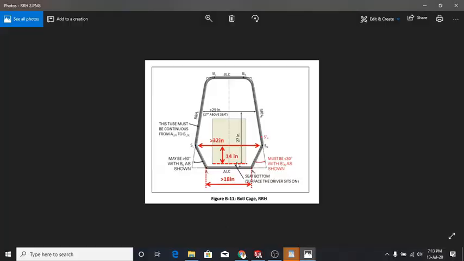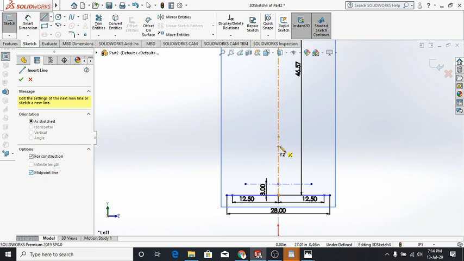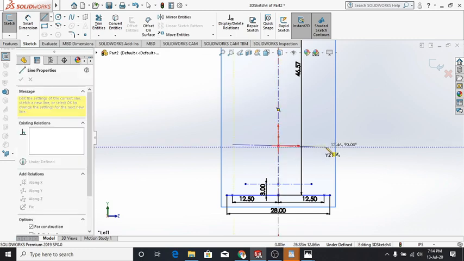From the base of the seat to a certain plane, a certain length of 14 inches, we have something called SL and SR. Okay, this is the line S. So this is S left, S right. So from here, from the surface of the seat, it will be 14 inches above. So let me make a center line, that too a midpoint line, and just randomly draw something somewhere here.